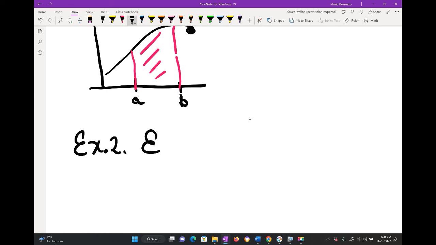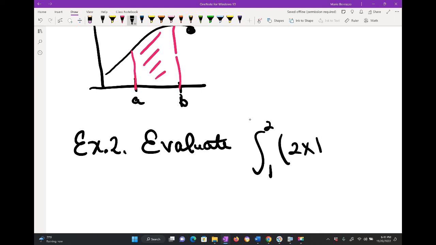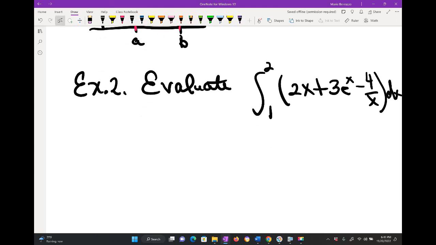So we're asked to evaluate the following problem. They're asking us to evaluate this function and to look at the values between x is 1 and x is 2 and to determine the area. So the first thing we're going to do, and think of this as step 1, is we're going to find